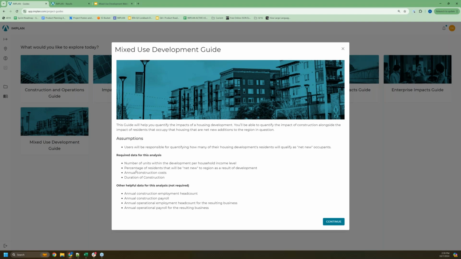We'd like to know the annual construction costs at a minimum, just so that we can help quantify the construction aspect of this mixed use development impact, as well as the duration of construction. So how many years of construction are we talking about here? Other things, and you'll see how we were able to fold these in, that you can bring to an analysis like this would be employment headcount, construction payroll,